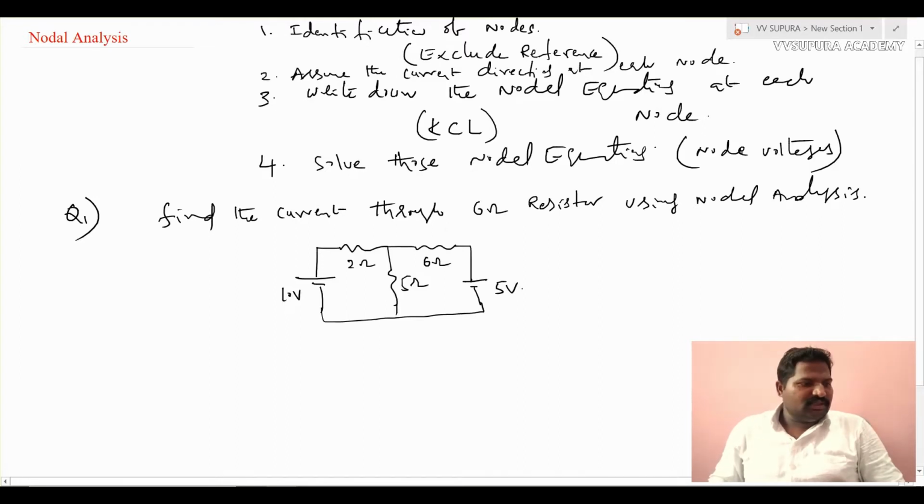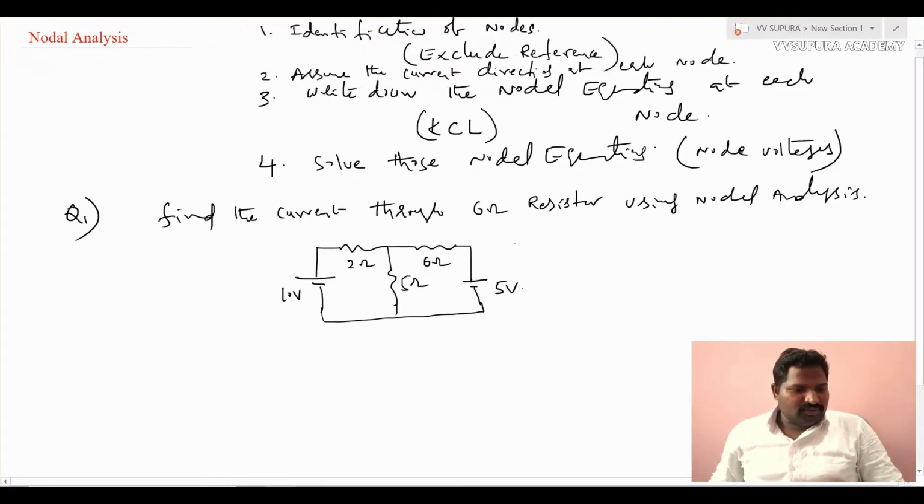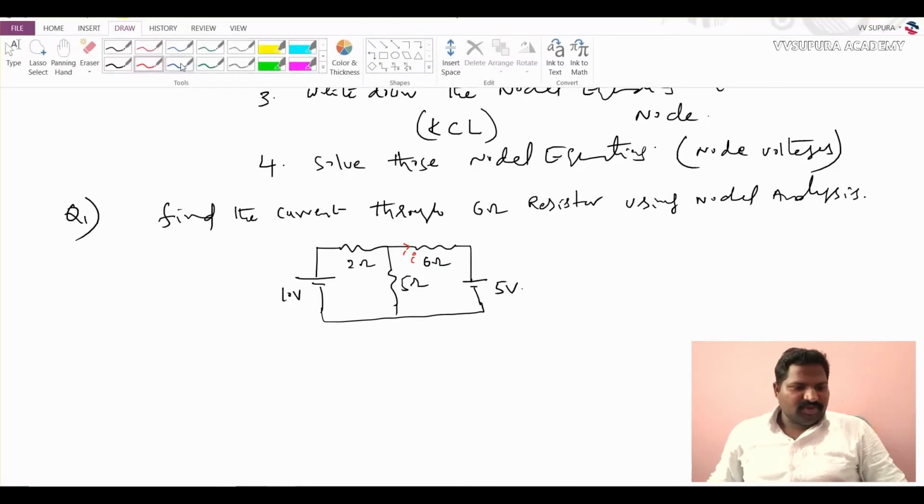So that is the question given. We have to calculate the current flowing through this 6 ohms resistor. So we have to calculate I, the current flowing through the 6 ohms resistor. That is the point. So coming to the process,